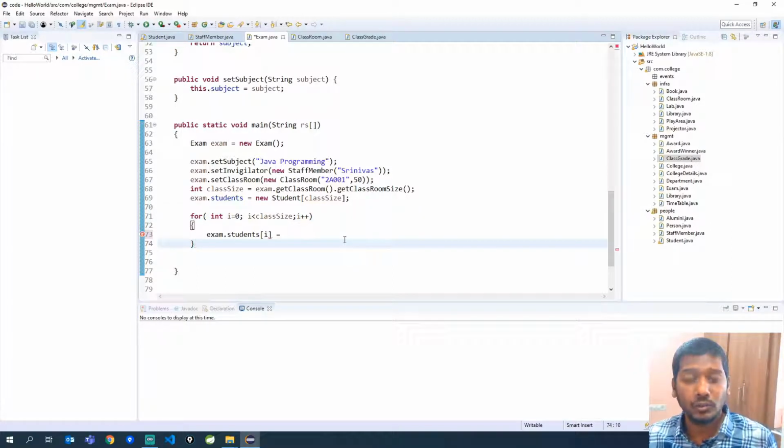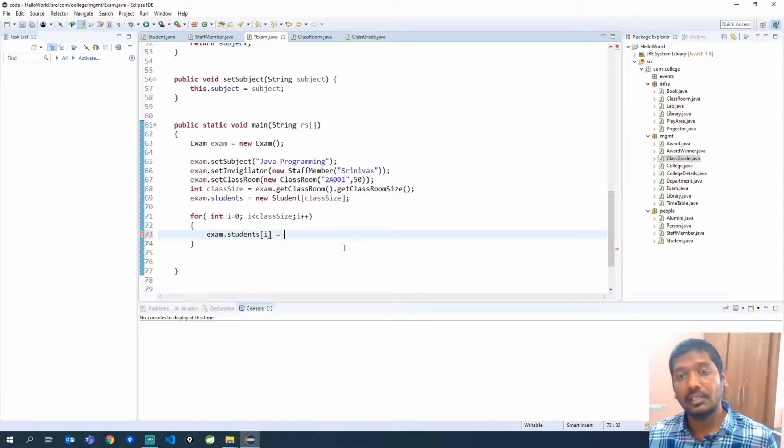But we wanted to store 50 students. Why are we not doing it for 50? Right? The reason is the index is starting from 0. So from 0 to 49, we will have 50 students. And 50 will actually become the 51st student. Okay, so that is why we have to take one number less than the class size.